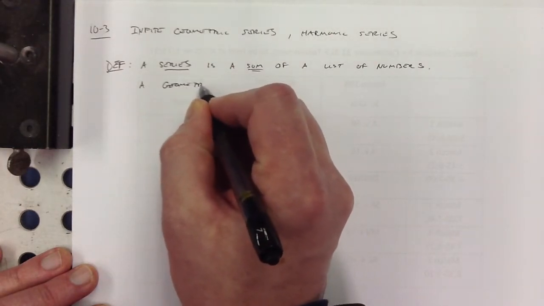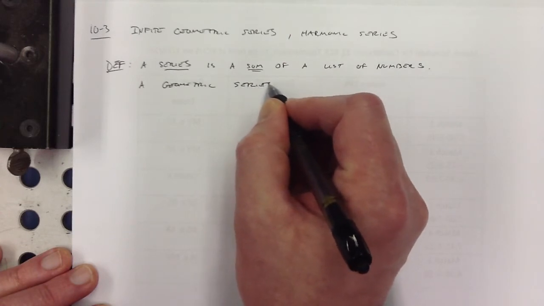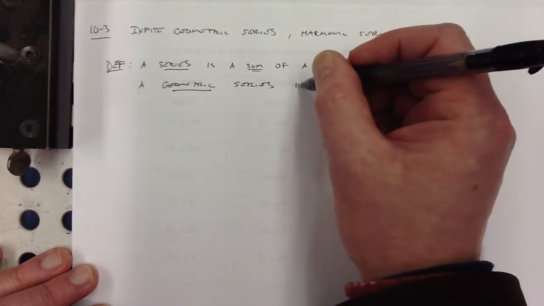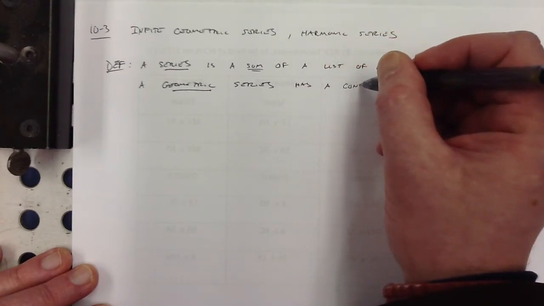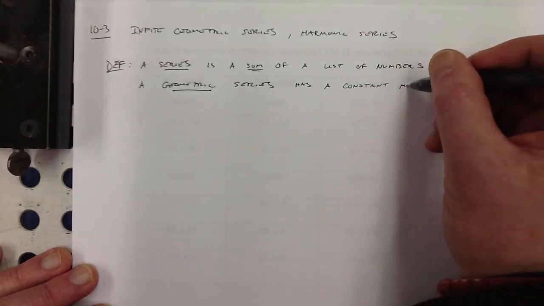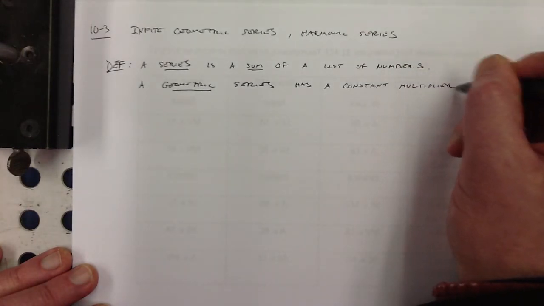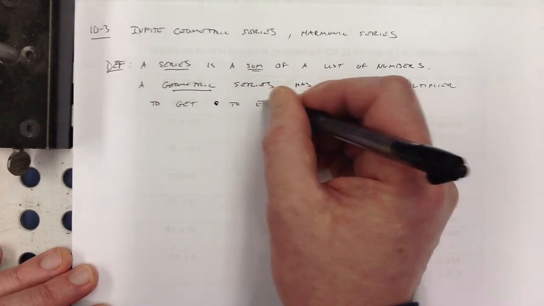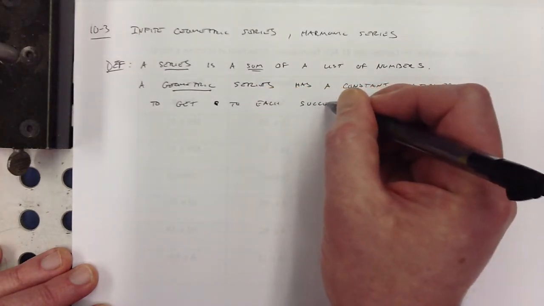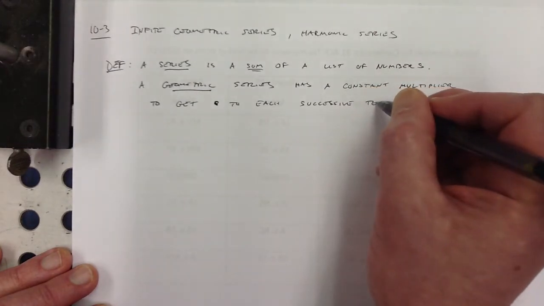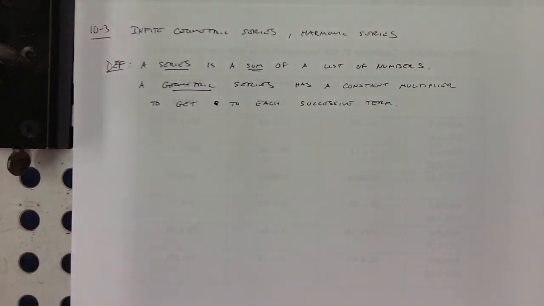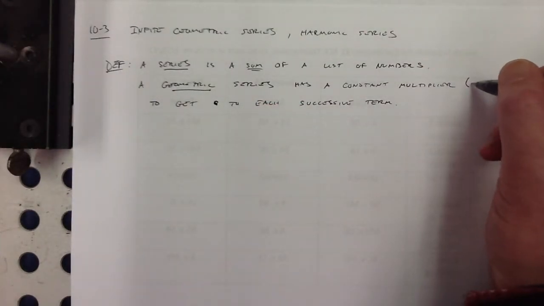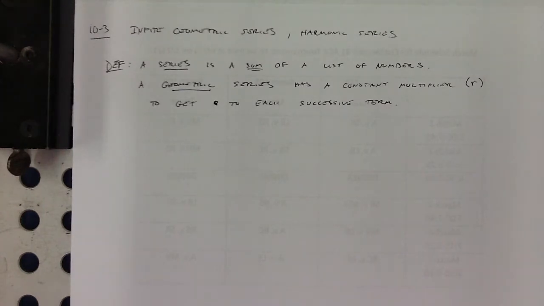A geometric series has a constant multiplier to get to each successive term. Right? And we usually call that constant multiplier R. It's like the rate of the sequence, if you want to think of that's what the R stands for. Okay, so